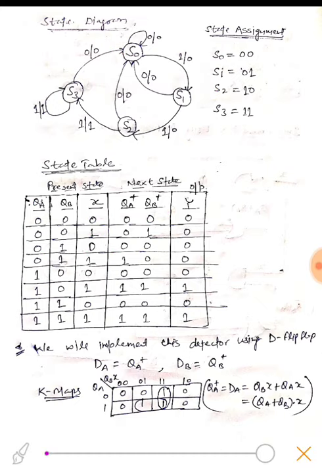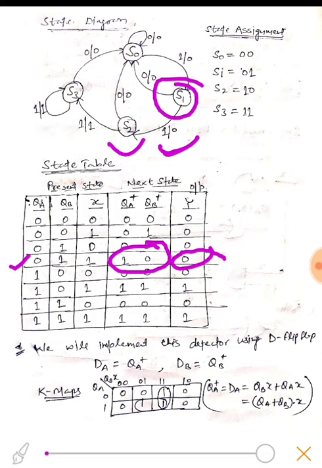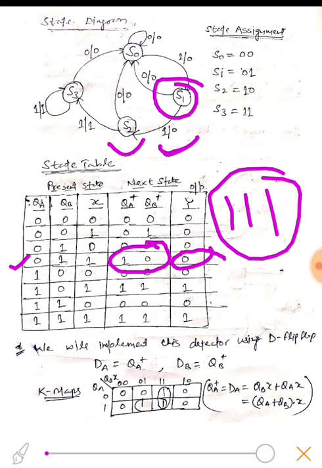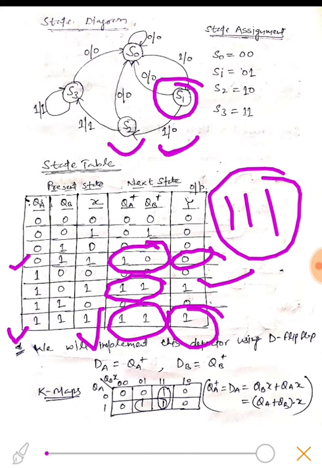If we have state 01, that is state 1, and our input is high 1, it will move to state 10, that is state 2, and the output would remain 0. As we know, the output would become high only when we get 3 ones. So once the state changes to 11, that is state 3, the output would become high. Similarly here, if it was in state 3 and input is 1, then it will remain in state 3. So this is how we have calculated the truth table.